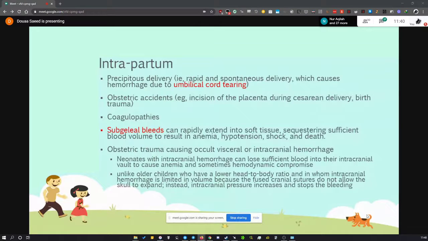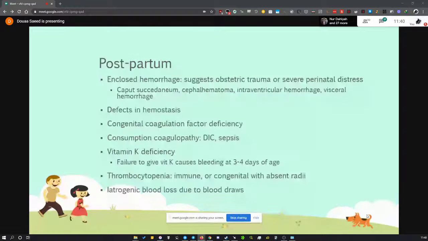So in postpartum hemorrhage, it's usually an enclosed hemorrhage. Sorry, it's not usually. If there is an enclosed hemorrhage, it may suggest trauma or severe perinatal stress, such as caput succedaneum or cephalohematoma, or intracranial hemorrhage and visceral hemorrhage. There can also be defects in hemostasis, congenital coagulation factor deficiency, consumption coagulopathy such as disseminated intravascular coagulation, or sepsis, or there can be vitamin K deficiency, in which case